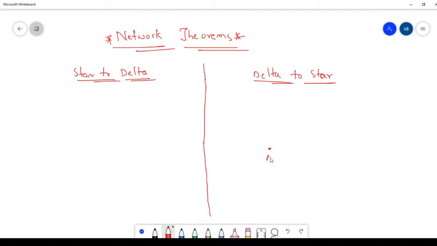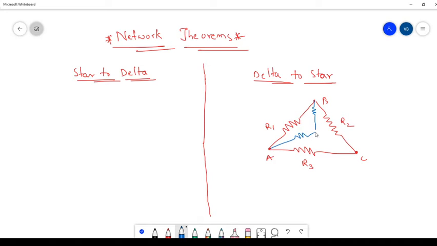So here let us take node A and this is node B having a resistance of R1, and here B with the connecting C node having a resistance of, let us take, R2, and here A and C are connected with a value of R3. So this is a delta connection. We need to convert it into a star formation. You already learned this in the BEE subject, I think. So here we are going to convert this into a star model.